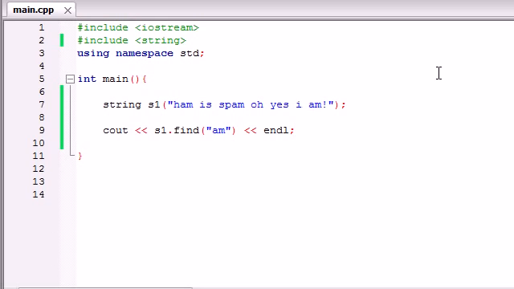So we're saying, alright, well, what if I want the occurrence of the last "am"? Well, there's another function for that, and that's called rfind. This stands for reverse find. You know how whenever you're finding a substring such as "am" in a bigger string, it's going to start at the beginning and work left to right. Well, what reverse find does is it works right to left, and it's going to look for "am". So it's basically going to give you the last occurrence of "am",